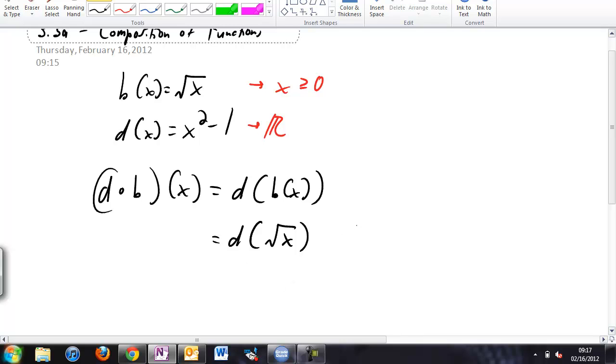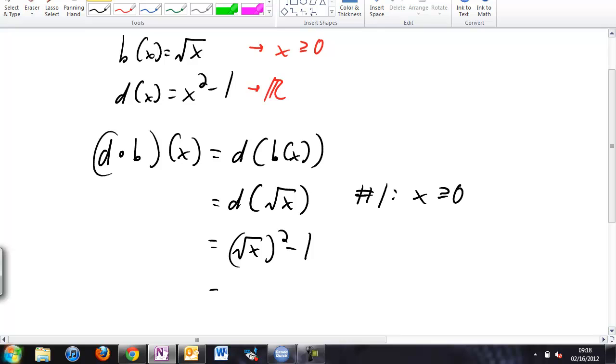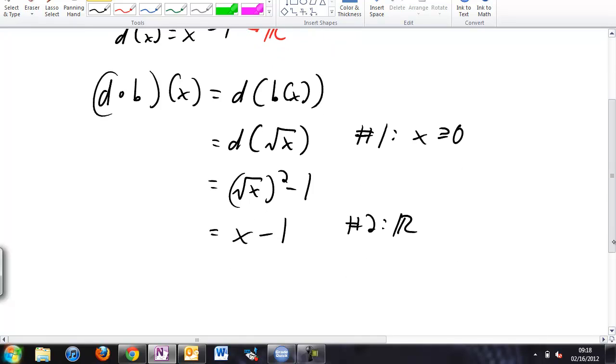You stop right there and just make sure, yep, our domain has to be restricted to x is greater than or equal to 0. Continuing on, we then take that, plug it in, we get the square root of x squared minus 1, showing a substitution step. And that will simplify to x minus 1. And our domain on this is just all real numbers. Since the domain of d of b of x is the intersection of both of these, then our domain would have to be x is greater than or equal